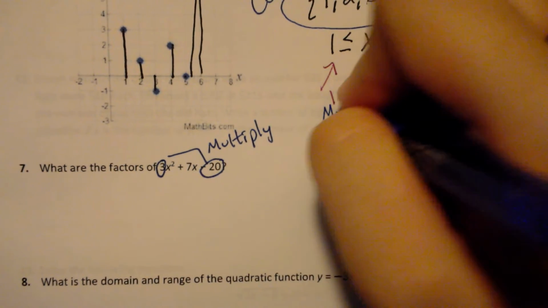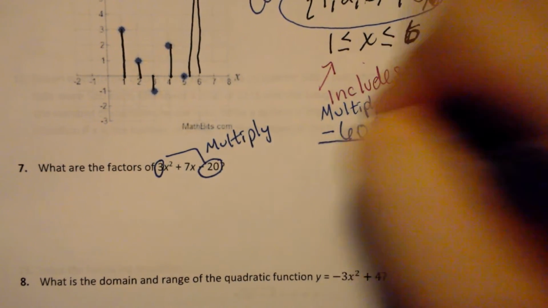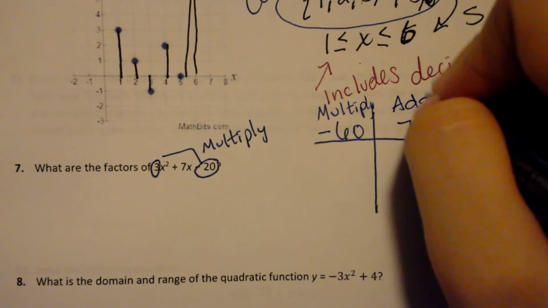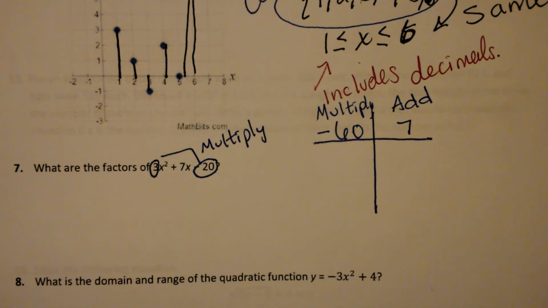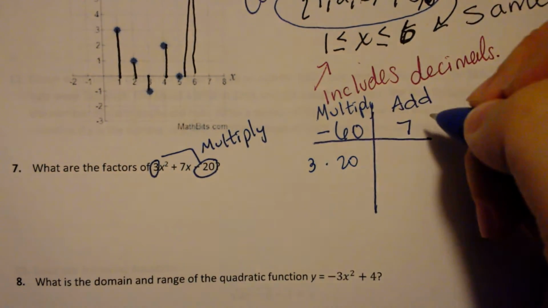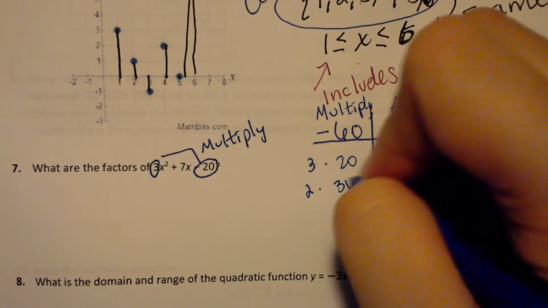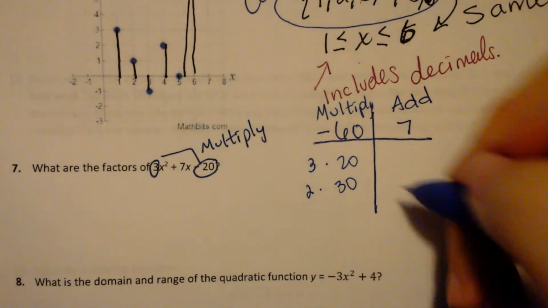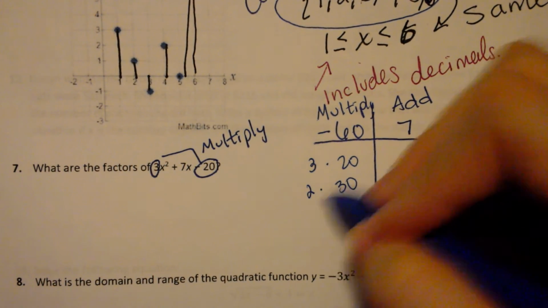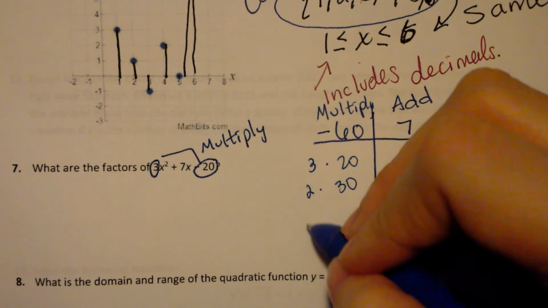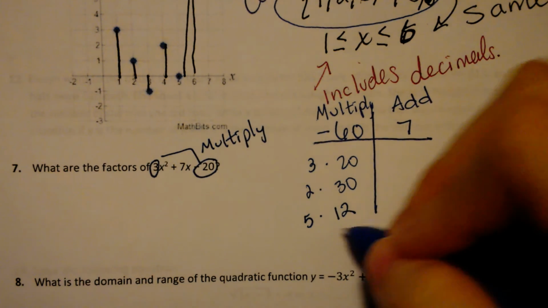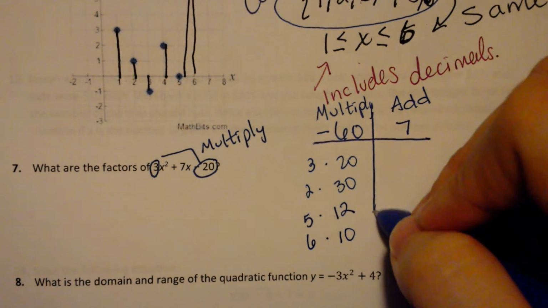So you find two numbers that multiply to give you negative 60, but add to give you 7. So you have like 3 and 20, 2 and 30, 5 and 12, 6 and 10,